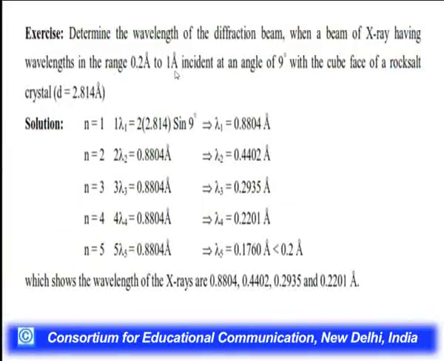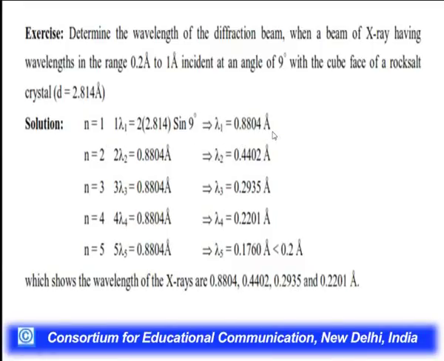In the next example, we will determine the wavelength of the diffracting beam, where the X-ray has a wavelength in the range of 0.2 angstrom to 1 angstrom, incident at an angle of 9 degree with the cube face of the rock salt crystal of interplanar spacing 2.814 angstrom. For order n = 1, lambda 1 is equal to 2d sin theta, where d is 2.814 and theta is 9 degree. The lambda for the first order comes out